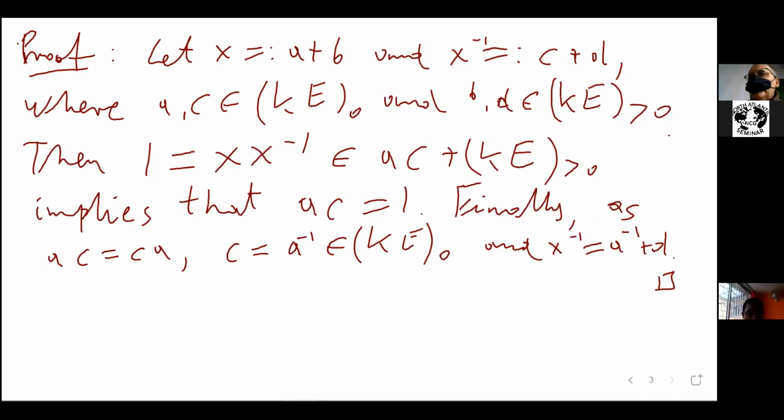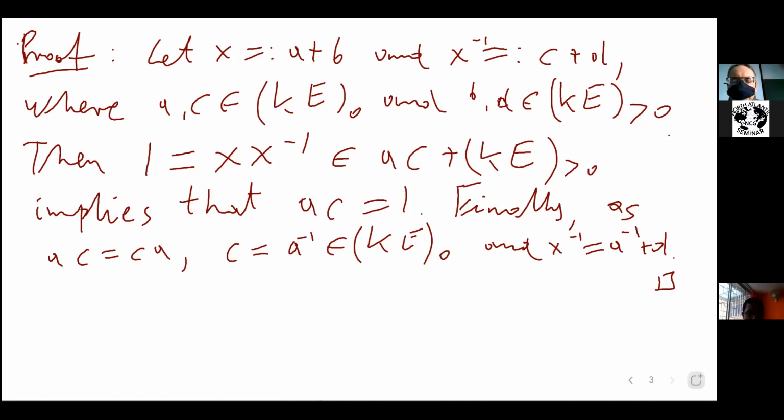Any questions so far? I hope it is clear. I put it somewhere more towards the beginning of the notes, because this is not directly related. I mean, this is related to the Jacobson radical story, but it is more general. It's useful in itself. Okay, so now I think we are ready to phrase the main theorem, which is about